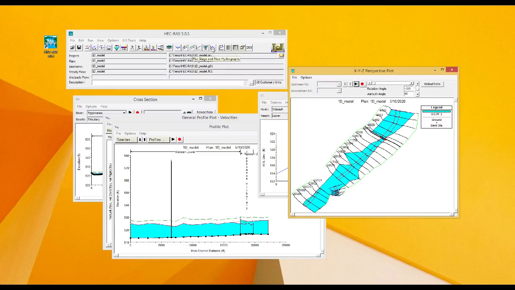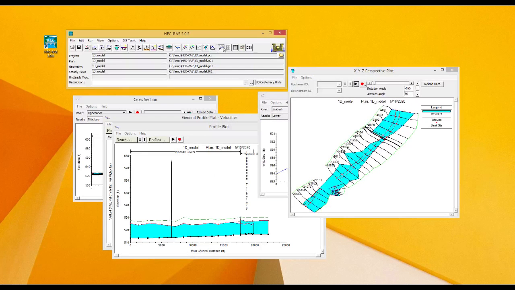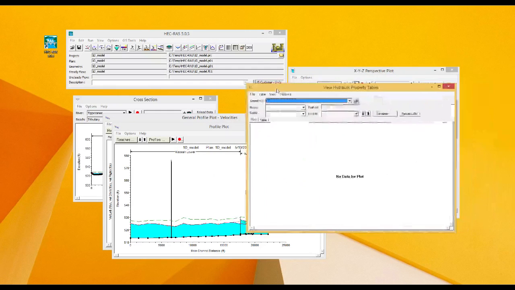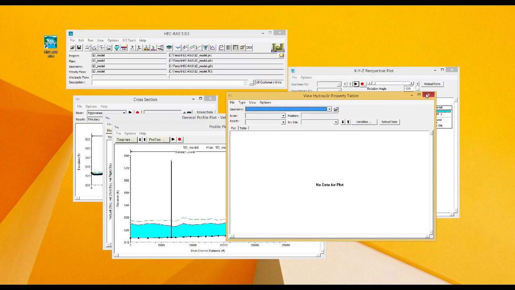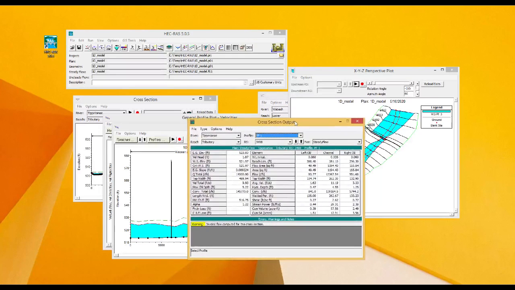And just to leave these two icons, this is not associated with this simulation, so no data is available. This one and this one also have no data available for the plot. And then you can click this one. This one gives all the